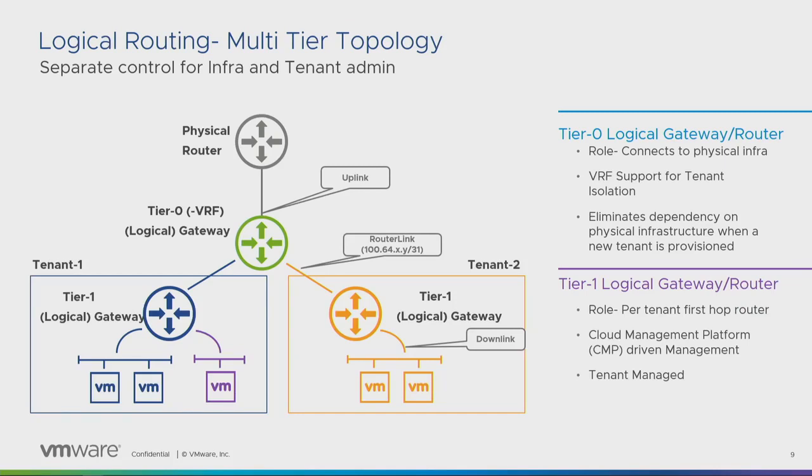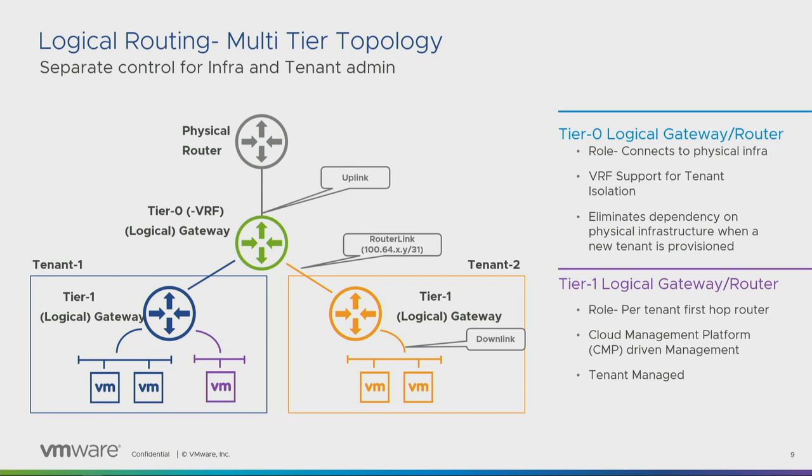We've also decoupled, or tiered, the logical gateways as well. We have so-called tier 1 gateways, and we have tier 0 gateways. The idea is that the tier 0s are typically installed or provided by the service provider or by the operator of the network, whereas the tier 1 logical gateways can be consumed by the tenants themselves inside the environment. So we have this layer in between of operations and of ownership of those